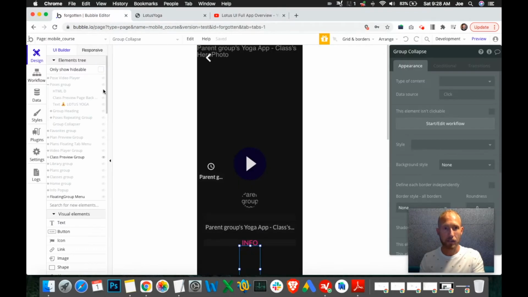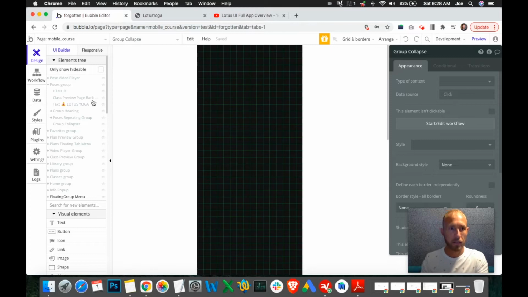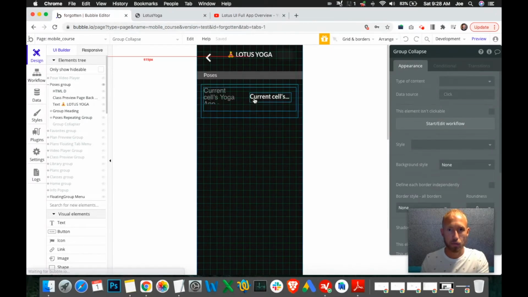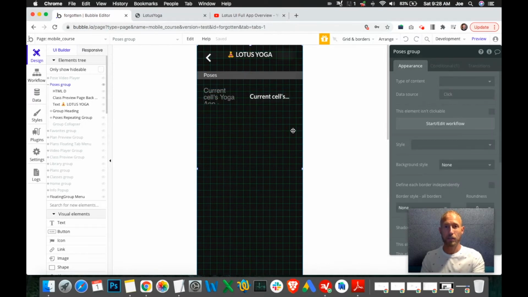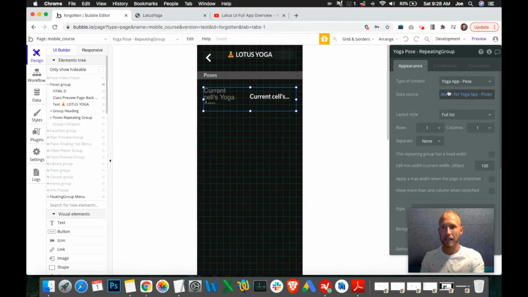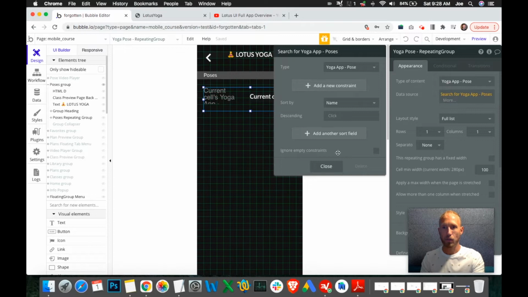I will take a 2-minute detour here over in the poses group, and say that you could set a state, states that we've set before, right? You could have a default to empty or not clicked. And then when it is clicked, you could take that state and say, instead of searching for yoga poses,